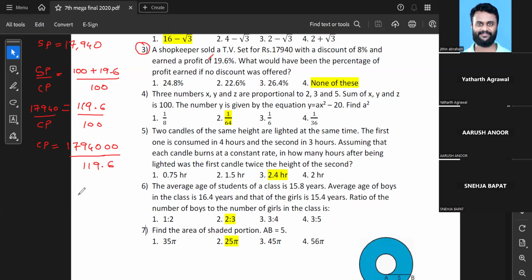I'm just keeping it aside. I'll do the cancellation and calculations later. So I've got the cost price now. Now the next thing is if there was no discount. So this is SP1, or you can call it anything. Okay, with discount. Now